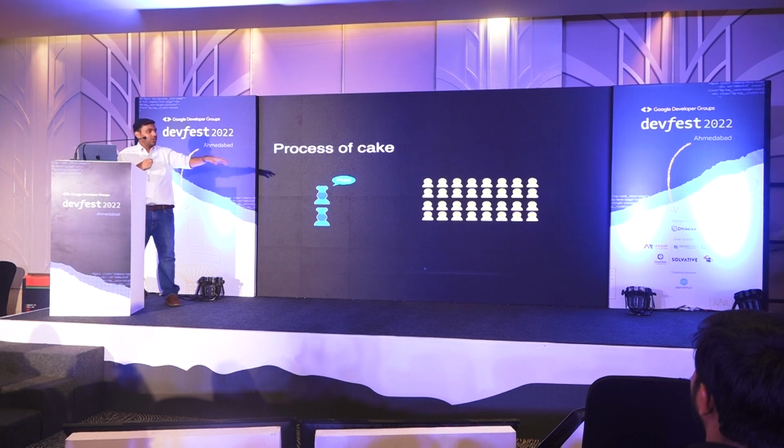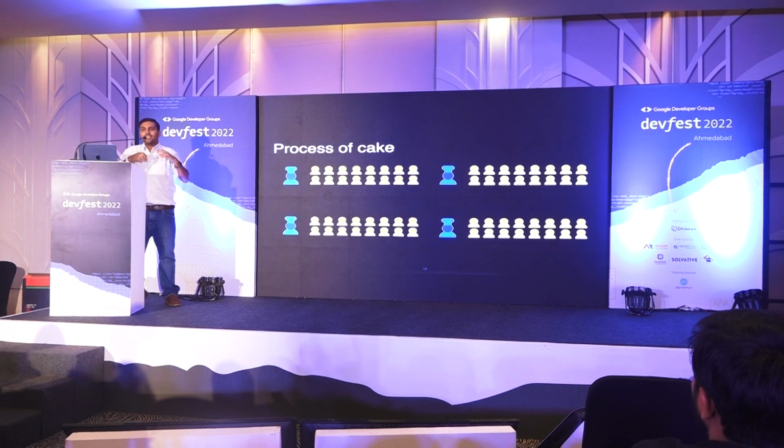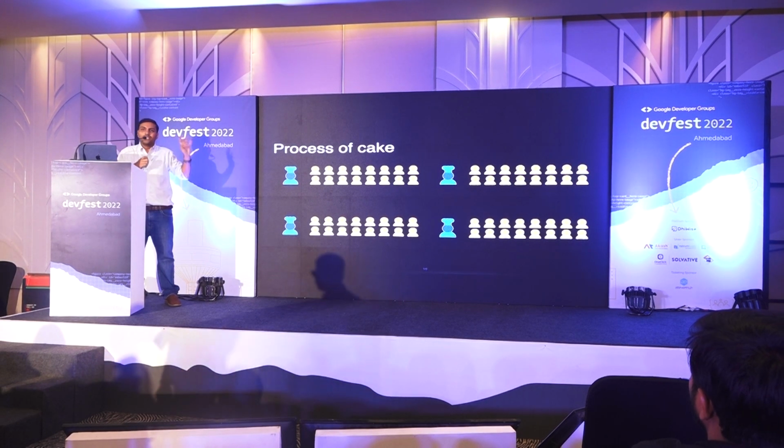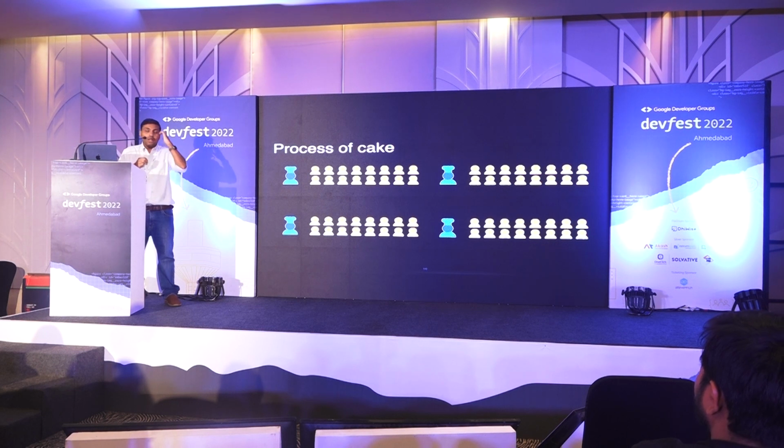Similar for a chef. Now there are so many more users coming to me asking for, sir, aapka cake best hai, but I want like 4 kgs of it. And every such user multiply by 200. Imagine, that's crazy, right? Now, I hire a new guy. Now, imagine I start splitting it up. The more the users, what's happening here? Look at the blue color on the screen. All the chefs, there are 4 chefs now to target 100 audience per chef. Do you see a problem in this scenario? Right? It's a huge problem because now everyone has to be on the same performance level. Everyone needs to know how to make the cake the way I make. 3 other guys need to be trained the way I am, correct?